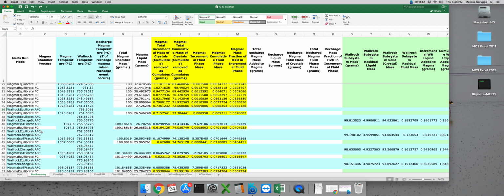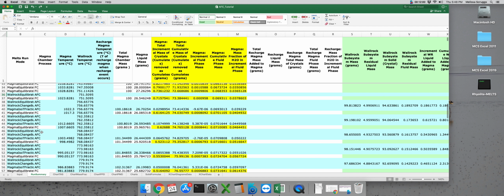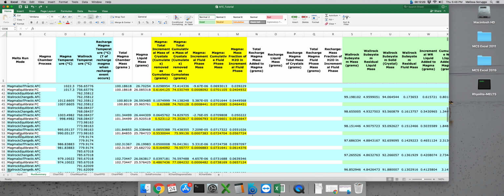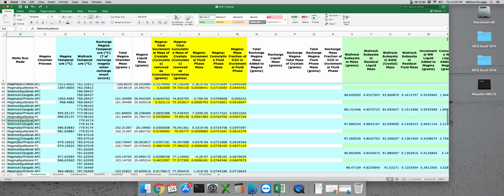And if we scroll downwards through the AFC data, you'll notice that each time the magma subsystem assimilates some partial melt from the wall rock subsystem, the Magma Chamber Simulator records 3 different entries of data. Essentially, it performs 3 different calculations in order to do this, and each is recorded in a cyan-colored line. Let's take a closer look at these AFC steps. We can pick any one, so let's go ahead and row 54. So if I scroll down to row 54,